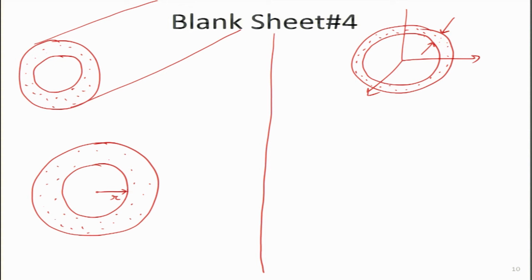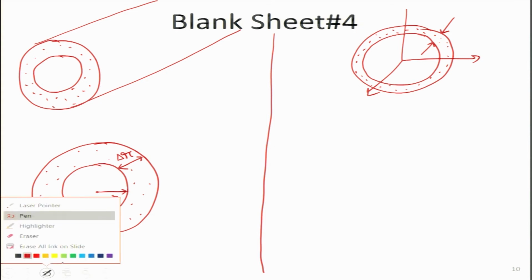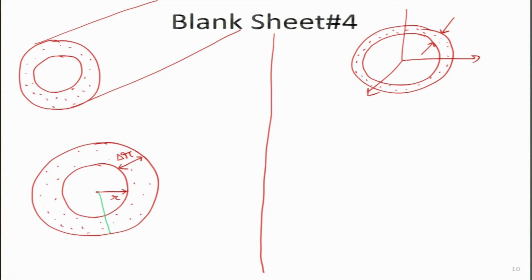Let us do some geometrical analysis on the cylindrical first, then we will go to the spherical case. So, what will we assume is the thickness of this particular cylindrical element. Earlier on we assumed it was delta x. Over here, because we are working in the radial direction, I will make it delta r. So, this thickness is delta r, which means the inner radius, if it is r, the outer radius I can clearly write becomes r plus delta r.